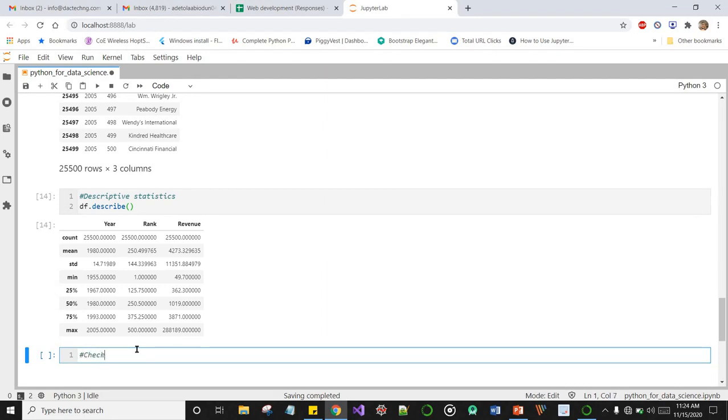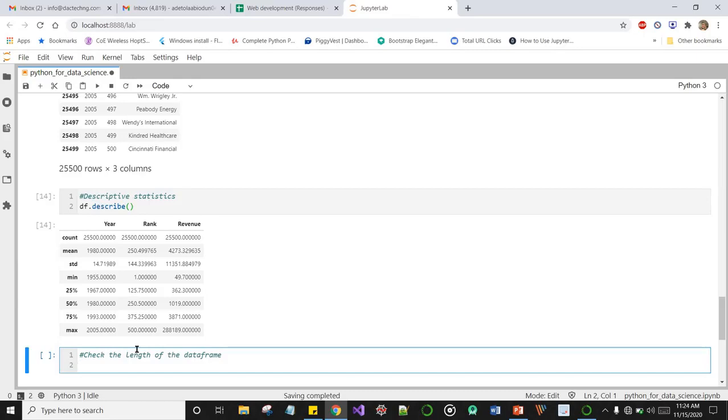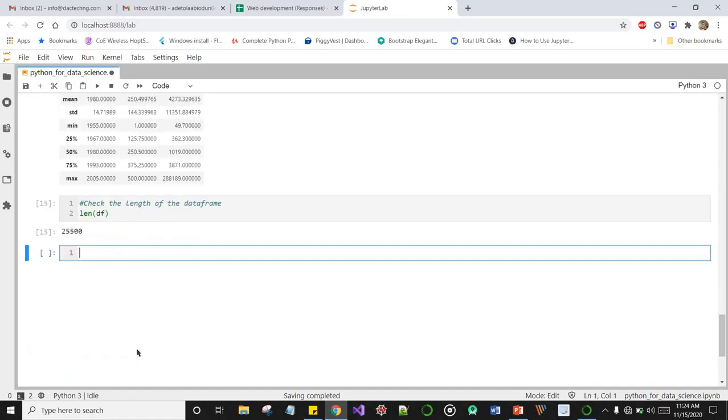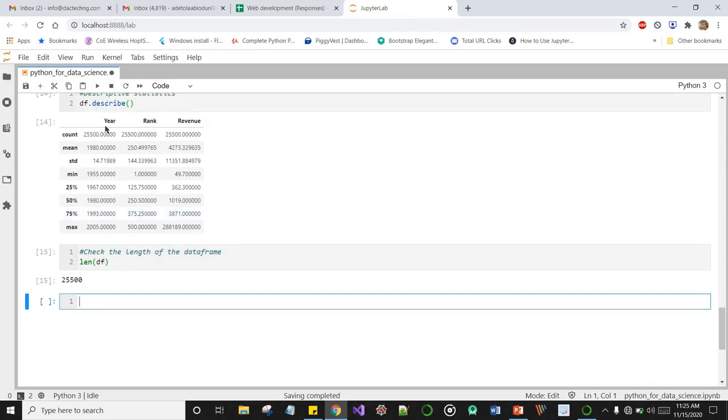Let's say we use it to check the length of the data frame. So we use the len function, and we can pass our data frame as the argument or the parameter. And if I do shift enter, the length of our data frame is 25,500. Okay, and that's being confirmed by the count, the number of rows we have here.